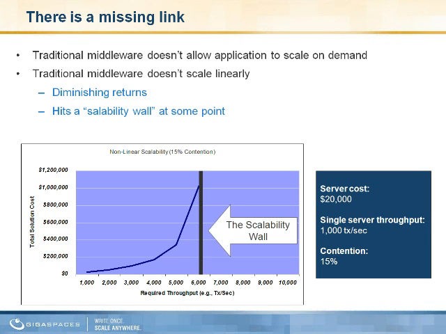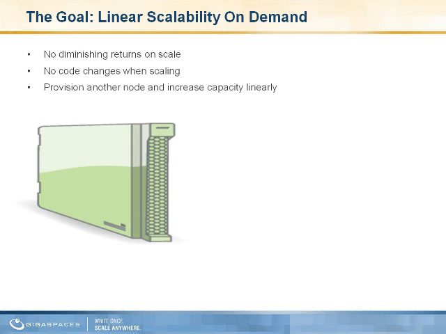Here you can see some of the economic effect of that, as the graph describes, and we took here a server, and this is not just the hardware cost, of course, 20 grand. That would be an extremely high-end server, but it's fully loaded with middleware, operating system, and so on. Let's say it costs us about 20 grand per server, and as you can see, because of these diminishing returns, the more throughput we need to handle, the cost grows exponentially.